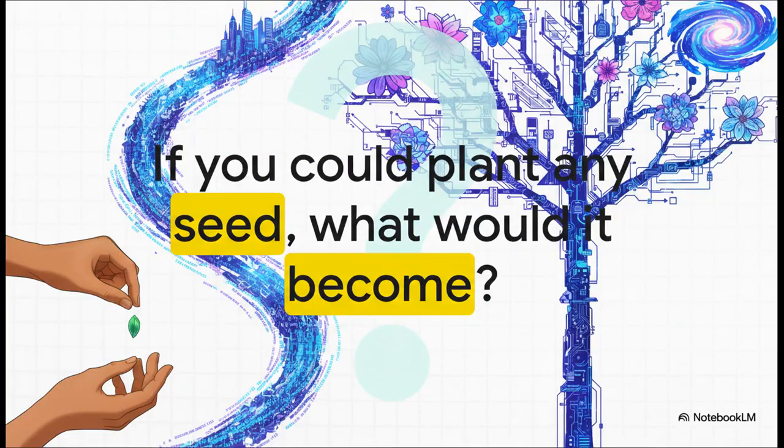And this brings us right back to where we started, to that initial idea of potential. See, Seedance 2.0 isn't just a bunch of code. It's a whole new kind of partnership between what a human wants to create and what an algorithm can evolve. So it leaves us with this final thought to chew on. If you could plant any seed, what would you want it to become?